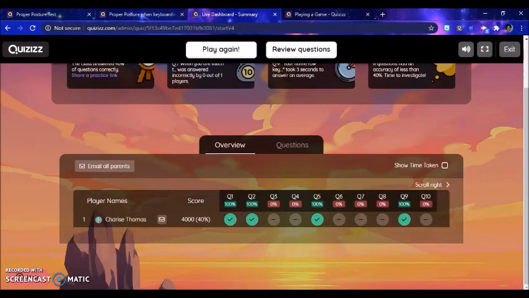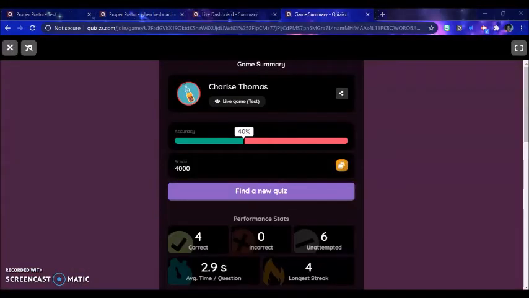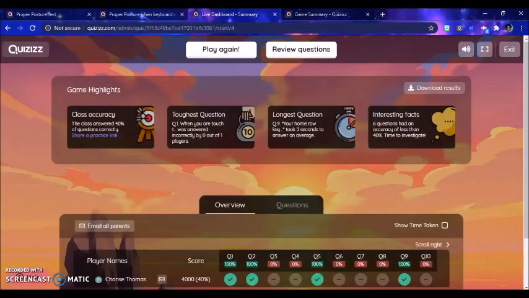So here is where you will get your information and ultimately your score. On the other side, students will also see what their score looks like: correct, incorrect, unattempted, and their average question time. If I was to go back and exit